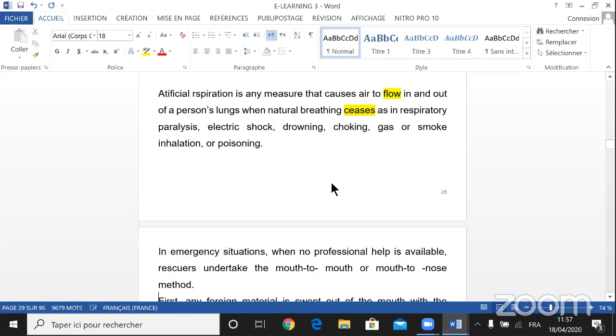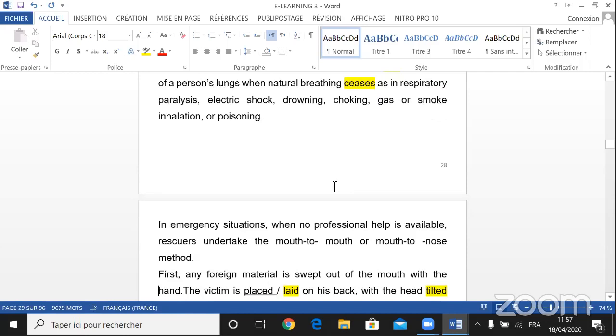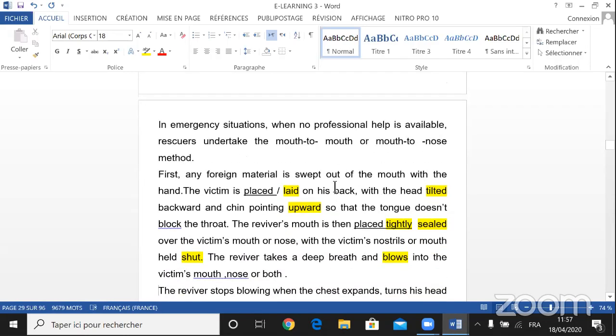In emergency situations, when no professional help is available, rescuers undertake the mouth-to-mouth or mouth-to-nose method. First, any foreign material is swept out of the mouth with the hand. The victim is laid on his back, with the head tilted backwards and chin pointing upwards, so that the tongue doesn't block the throat. The rescuer's mouth is then placed tightly sealed over the victim's